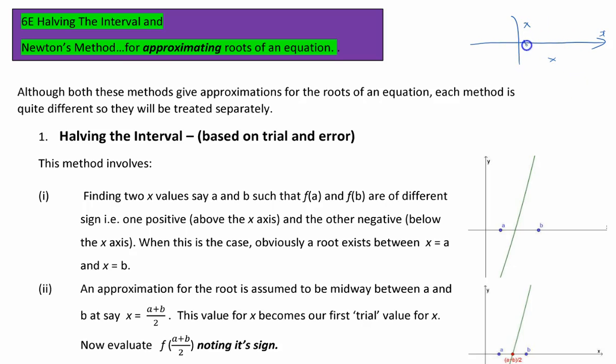So going from x1 to x2, we've gone from above to below, then yes, clearly there is a root here in between x1 and x2. I guess the other option is we were below the x-axis and then we went above the x-axis. So over here at another x value, when we move from there we're below and then we go above, we have another root here. So this method is based on that simple concept that the y values or the function values